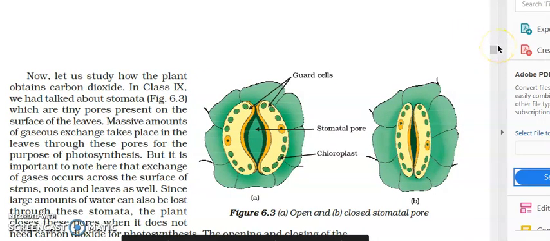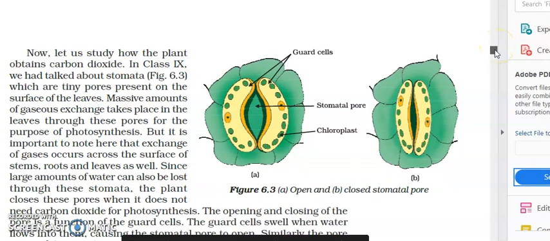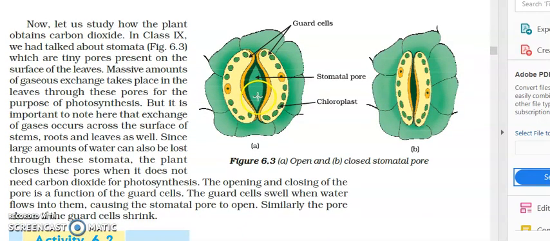So just wanting to show you under the microscope, how do stomata appear? The diagram is there in your NCERTs. And how does the stomatal pore open so that air rich in carbon dioxide can move in for photosynthesis? And when does the stomatal pore close? So this diagram is, from the examination point of view, a very